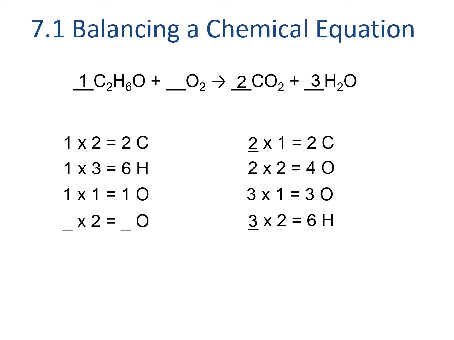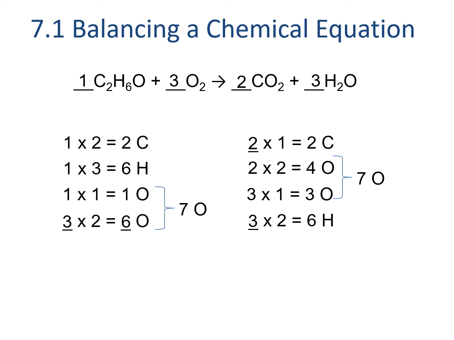To balance the oxygens between reactants and products, we now need to consider all the sources of oxygen together. In the product, we have 4 oxygens from the carbon dioxide and 3 from the waters for a total of 7 oxygens. Since the reactants need to match, we know that there will also be 7 oxygens. Since we know only one of these is from the ethanol, the other 6 need to be from oxygen, which means that oxygen must have a coefficient of 3. Since our coefficients are all whole numbers in this case, the coefficients are correct as written, and we've successfully balanced